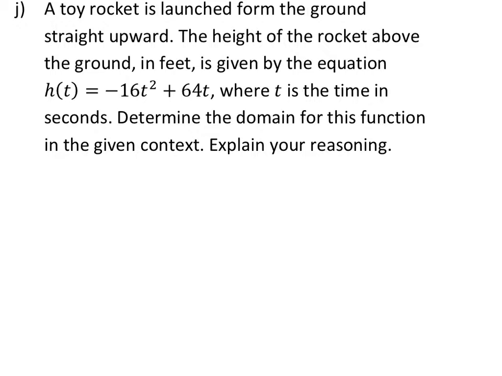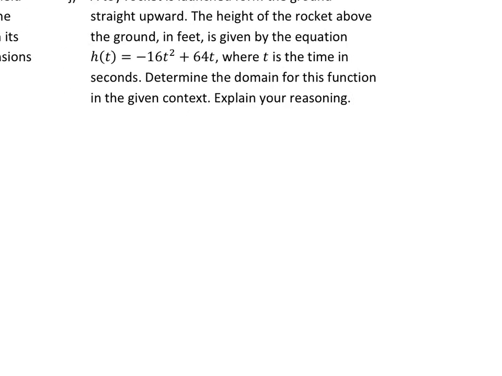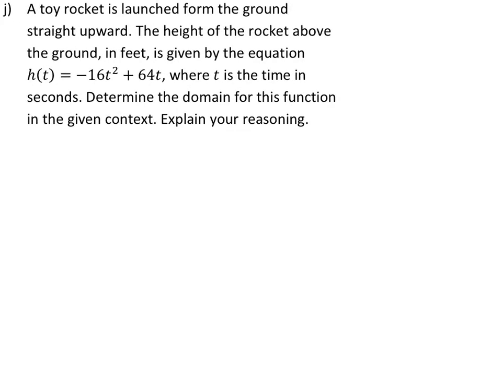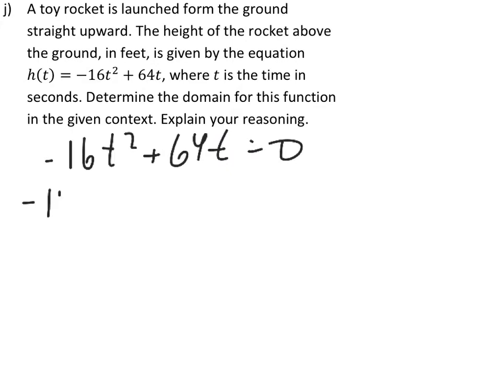In order for us to find the domain, then, we need where this parabola equals 0 on the x-axis, or what are the roots? So that's visually how we get through the game, or this word problem. So we need to find where y is 0, the roots. So our equation then is negative 16t squared plus 64t equals 0. So again, I'm going to start and go through all my options for factoring quadratics. 1. Is there a greatest common factor? Yes. So we're going to pull that out, and it's negative 16t. So we're left with t minus